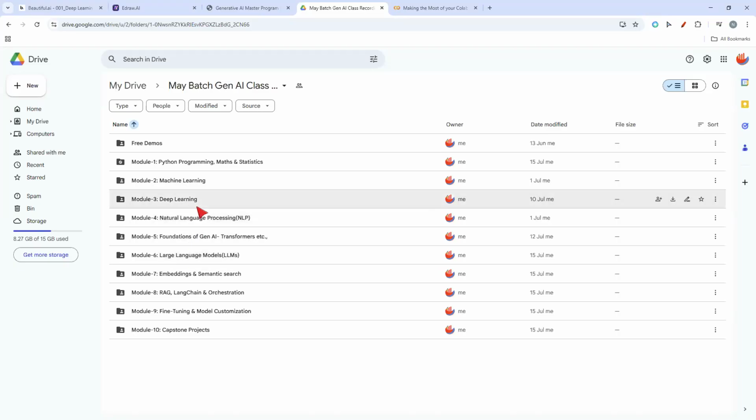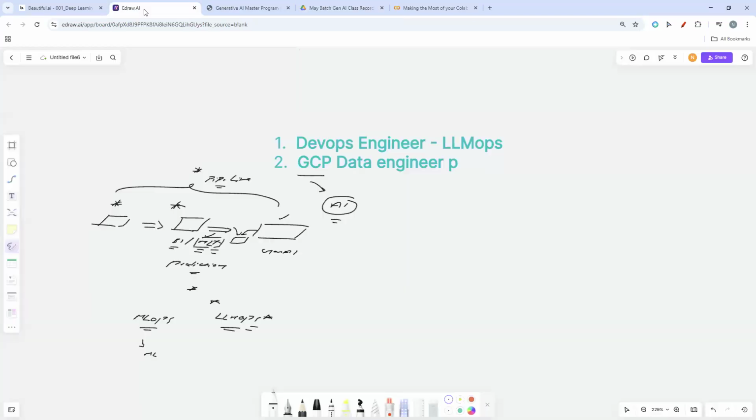That's the best approach actually. So deep learning we'll cover theory first and practicals next. But for NLP and the rest, all the 6 to 7 folders I kept here, the explanation will be along with the exercises. That's what I want to say. Hope you got that.